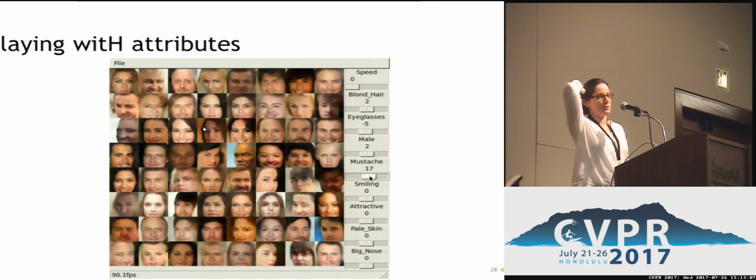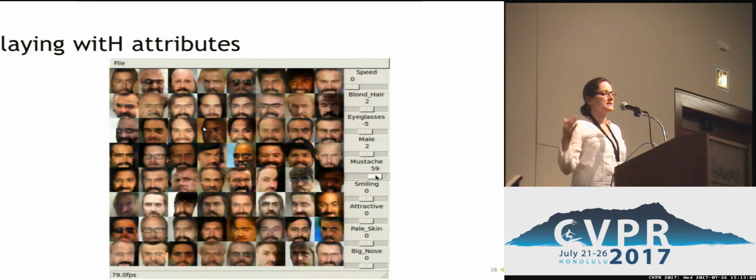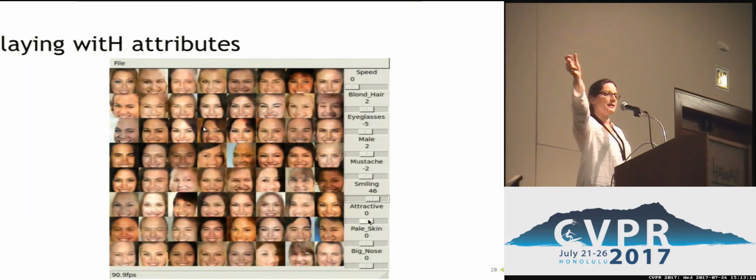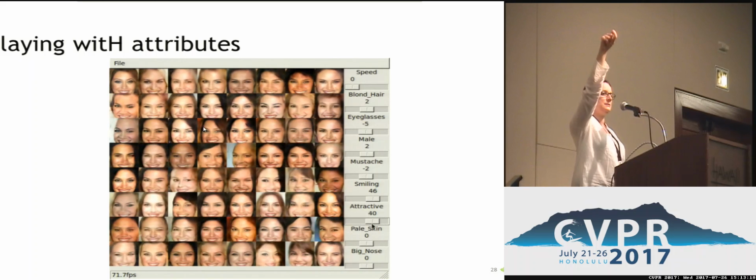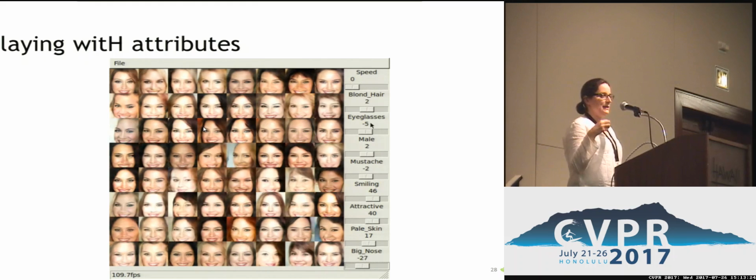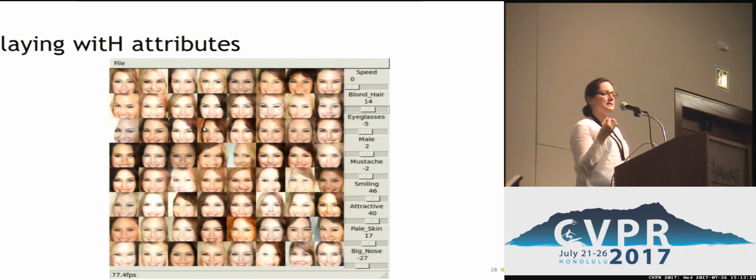What is very funny is we started showcasing that demo early this year, and the first thing that people would do was come to the booth and try, and they would put the mustache slider up to the right, and they would put female on top. And it didn't work. And it was actually super funny because it showed that even if you have a latent space, if you don't have information in that latent space, there's no way you can invent it. You can generate, but you cannot invent.